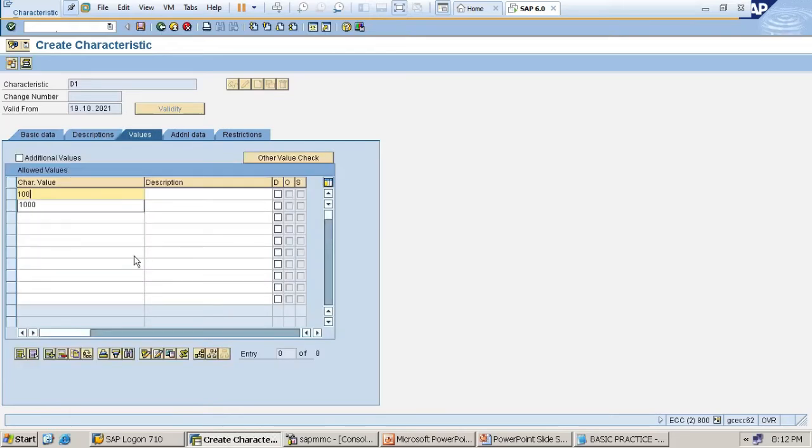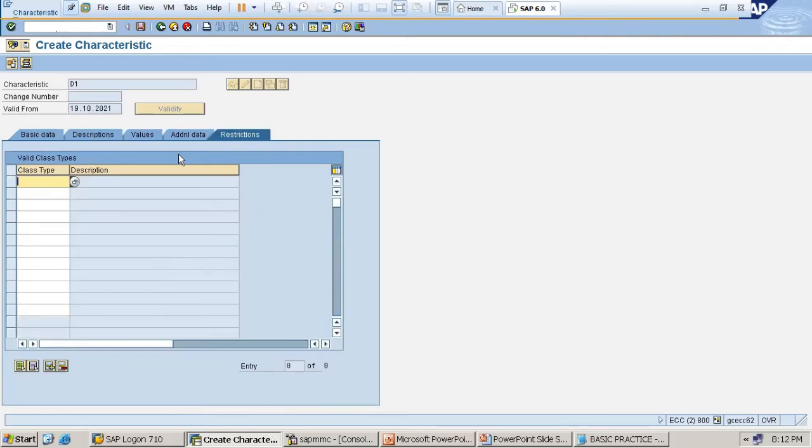Here 1000, plant Hamburg. Enter. Restriction 032. Enter. And save it. So the first character, for the plant, is created now.